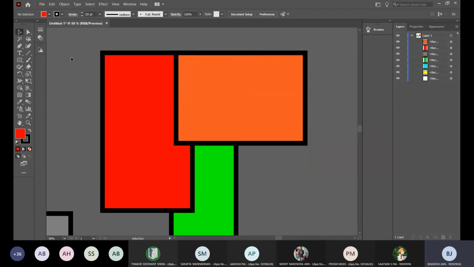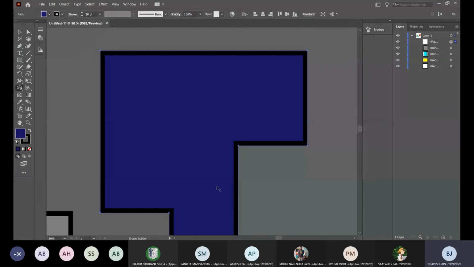But if you want to make your shapes neither color, like a totally different color, it's very simple. Select outside. See, I have no shape selected right now. Let's say I want to make all of them this shade. So I select them now and I draw with Shape Builder. Now it will make them this color, the colors that I have selected here.